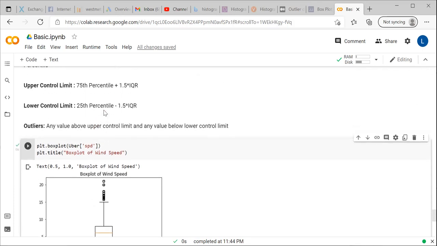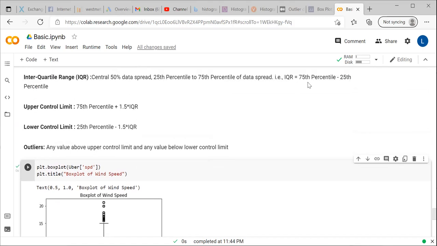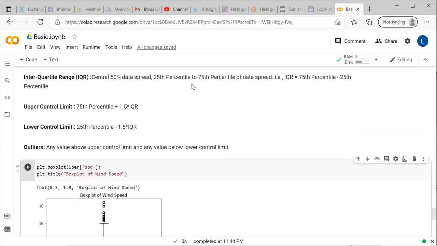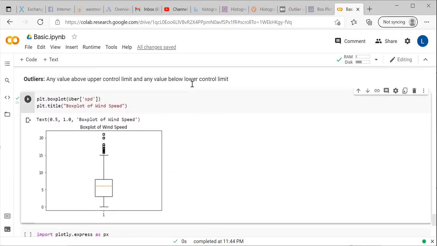Now I will explain what the upper control limit is. Upper control limit is nothing but the 75th percentile plus 1.5 times the IQR. For IQR, we have the formula, which is the range between the 25th percentile and the 75th percentile. We get that value, then multiply it by 1.5.